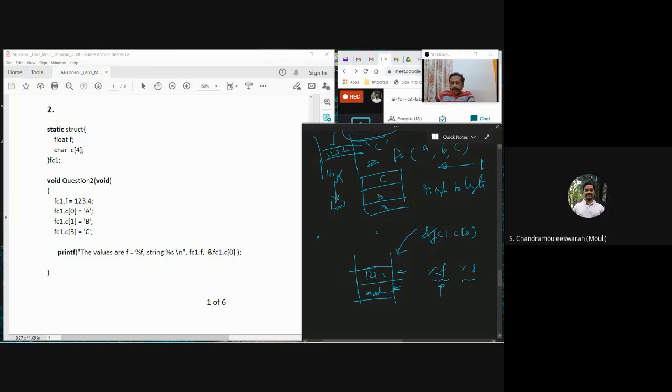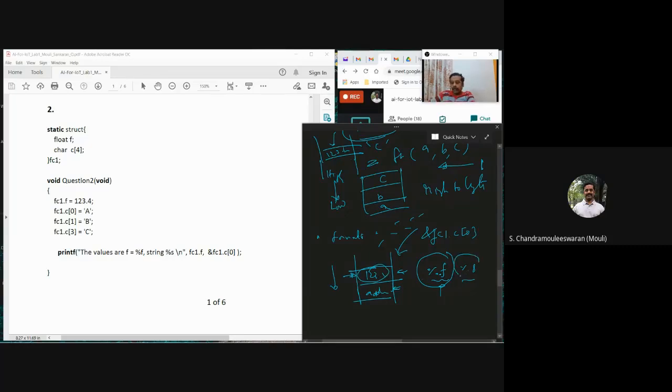Okay, when it sees this percentage f, it knows that after the format string, this is the format string, there are parameters. It doesn't know how many parameters are there, but it knows in which order they are pushed. So when it encounters this percentage f, it knows that in this location I have a float value. So it will interpret this as a float value and then print it.